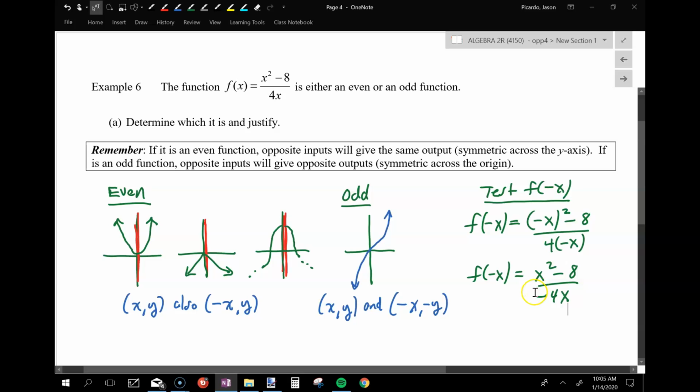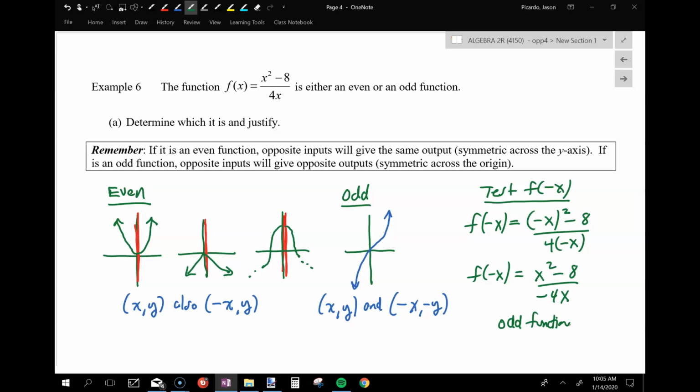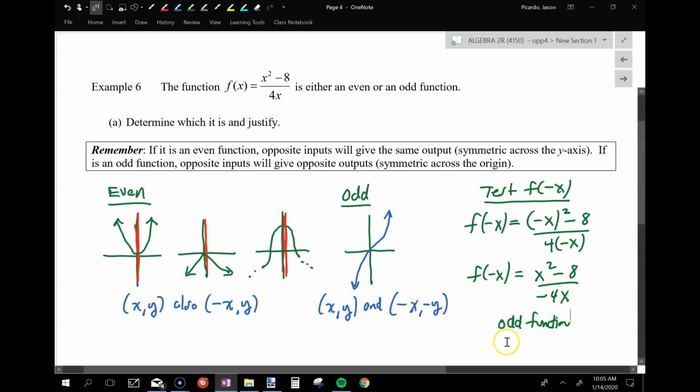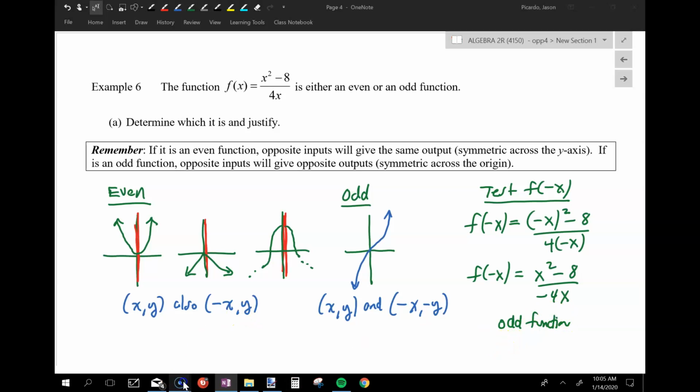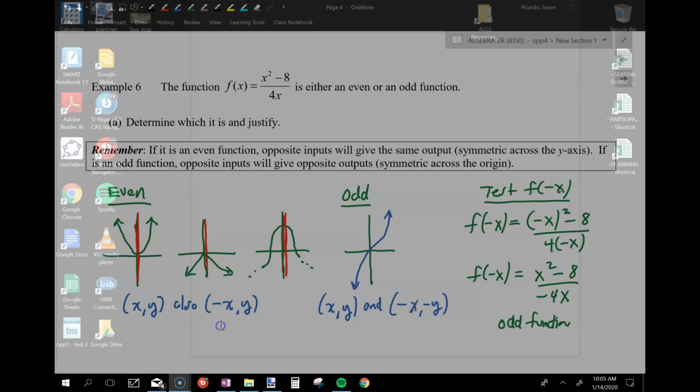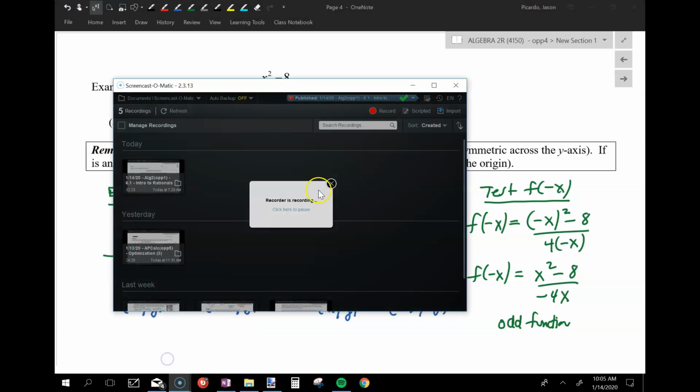It's not y, it's negative y, which makes this an odd function. Cool? That's it. That's our first